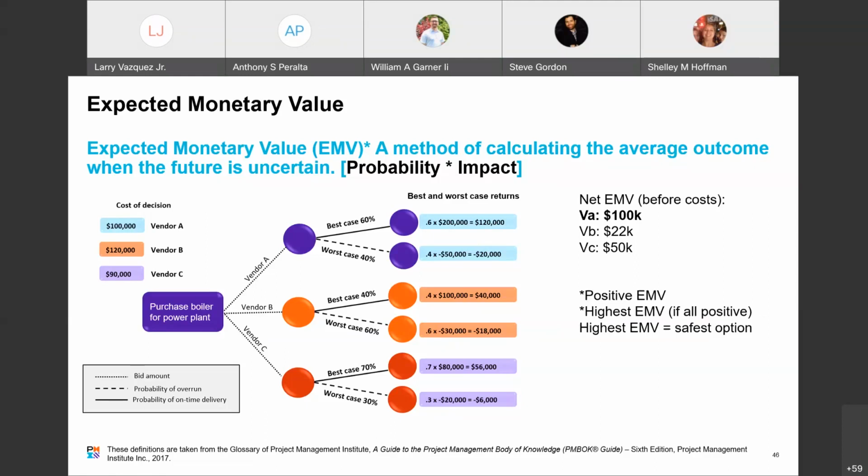Any more questions, please? Anyone not understand the formula for EMV? If you don't take anything away from me today, please take this away. We're going to go over some examples to really drill it home. Anyone not understand how to calculate EMV? I could say this probably with confidence, you're not going to be asked to calculate what the probability is. You're not going to be asked to calculate what the impact value is. I believe they'll be provided for you.